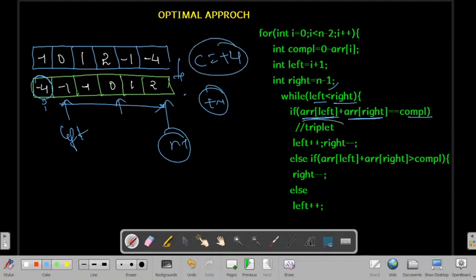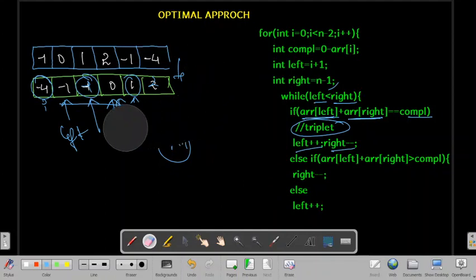If it is, then we will push this value in our vector, and we'll increase our left value to here and right to here, and we'll again check minus 1 plus 1, and in another loop, minus 1 and plus 2, and again if we found, we'll just increase, that is left plus plus and right plus plus, right?